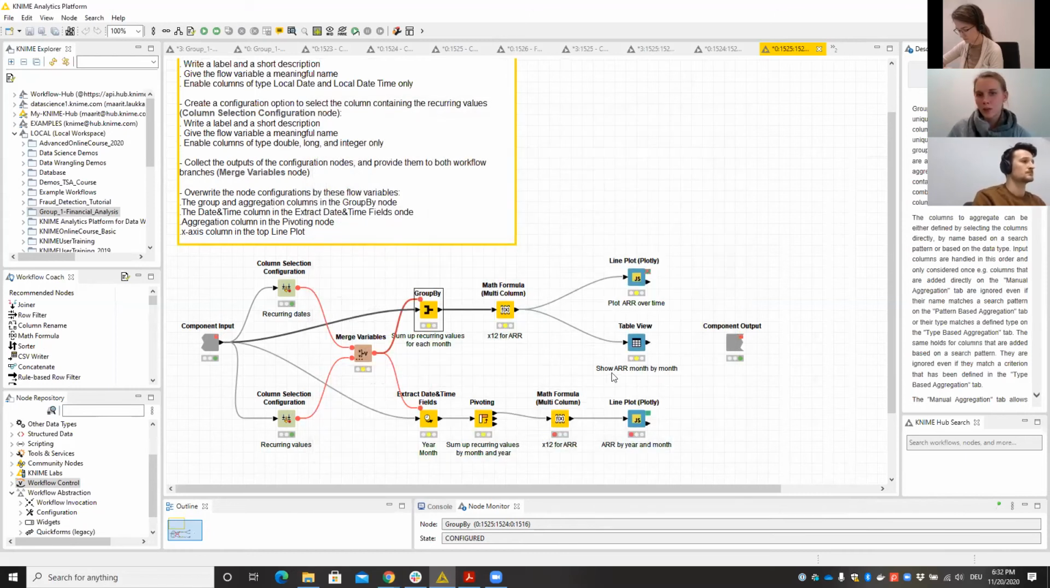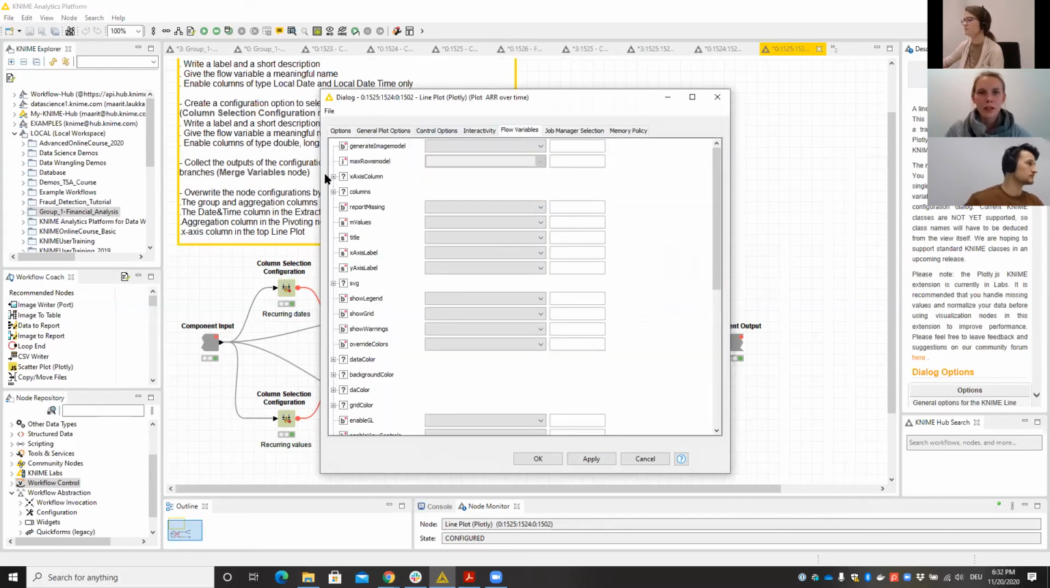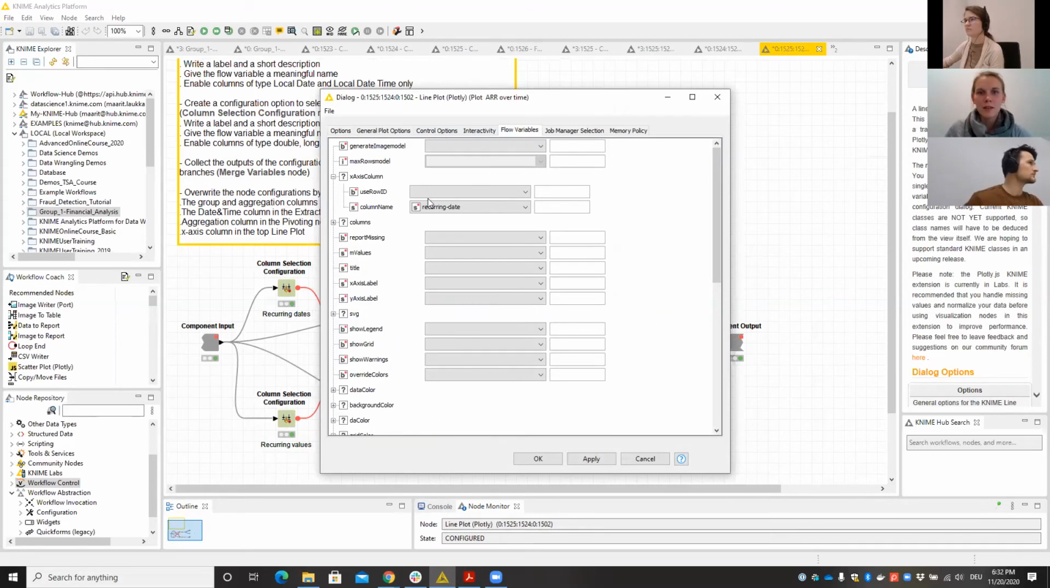And I have a couple of other nodes where I need to override it as well. So here in the line plot, I have the x-axis column, which I need to override again by the recurring months or recurring dates. So I have done it here. As you can see,